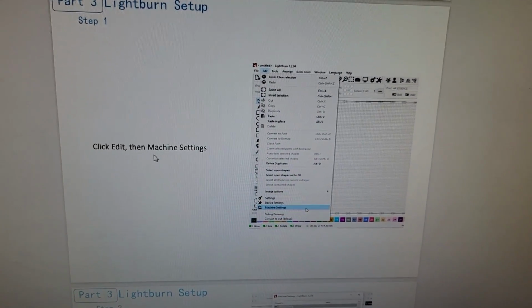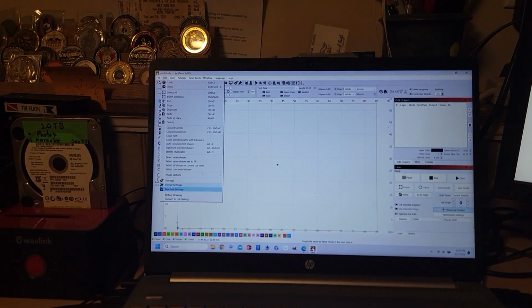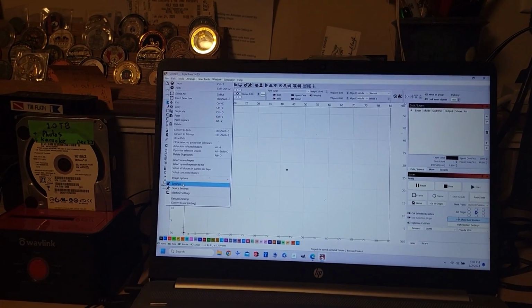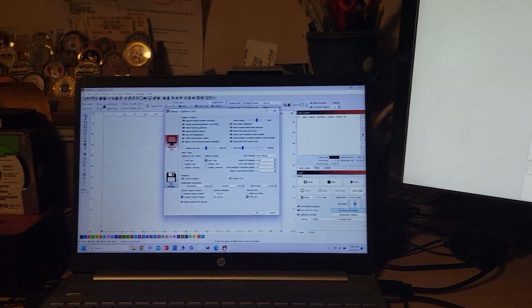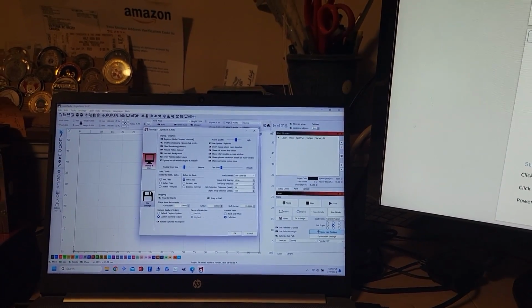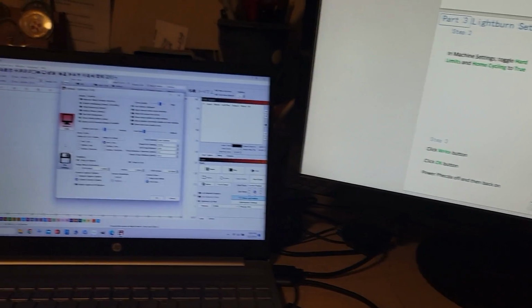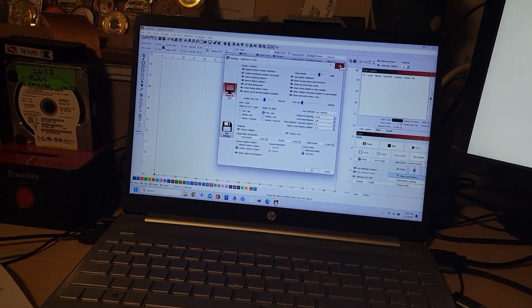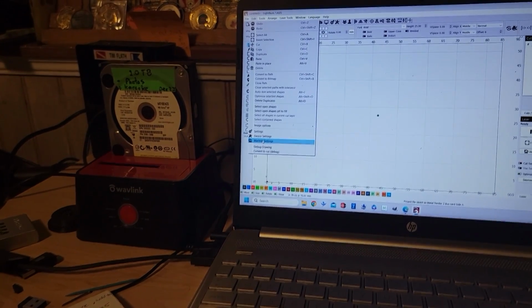So here's the first step, which is click edit, then machine settings. So where's my edit? Somewhere in here is machine settings. Well, it's not machine settings, it's just called settings. Duh. And next we go into machine settings, toggle hard limits. I don't know where that is. Okay, let me figure this out. I'm trying to do too many things here, so I totally missed it. Machine settings is right here at the bottom. Click that,